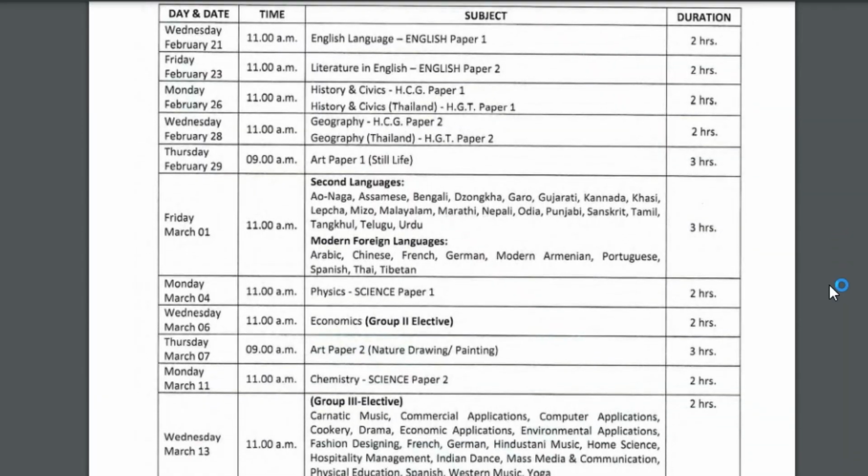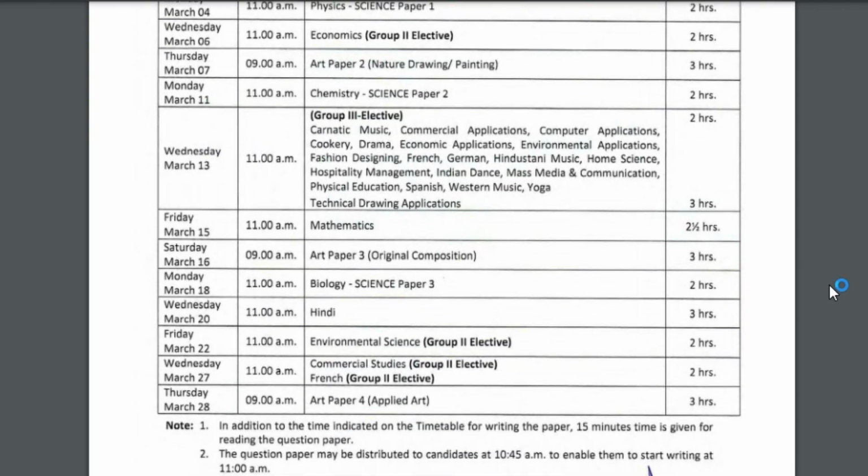And that means I have to incorporate the finishing of these things in the first couple of days of the holidays. And otherwise we have the board prescribed routine for the ICSEs, and that's something we have to keep in mind as we schedule the subjects so that I'm able to finish everything at least much before the